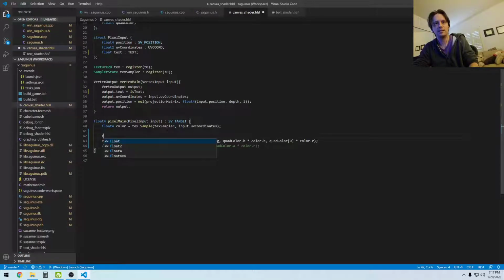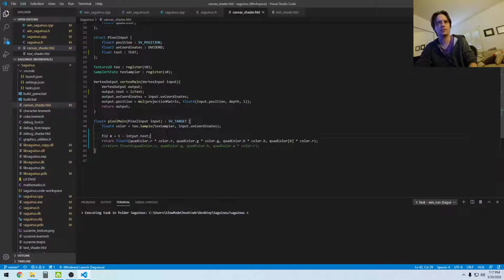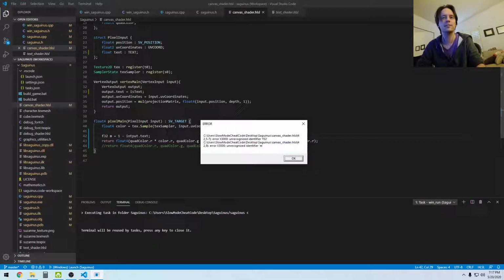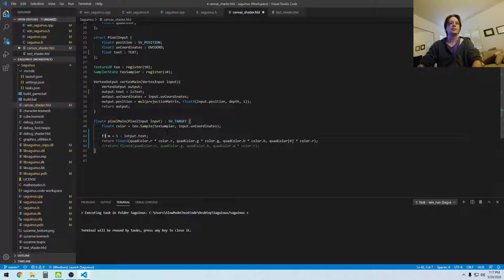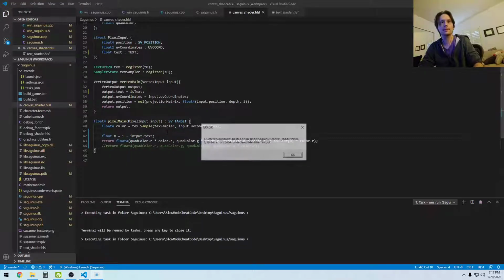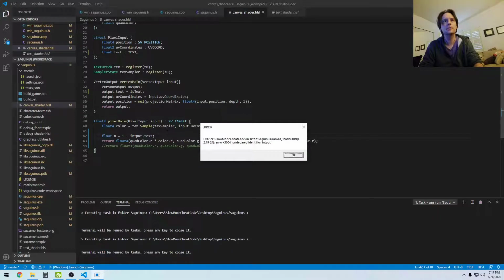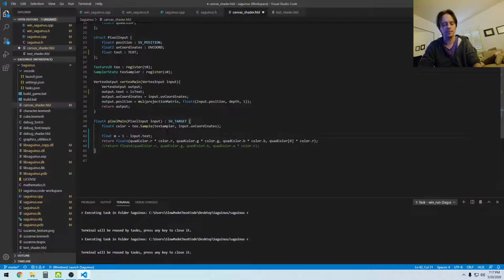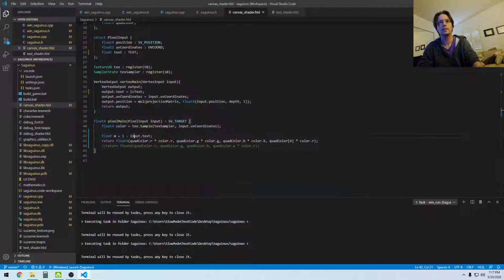So F32, I'll just call it M, is equal to 1 minus input dot text. That shouldn't cause any errors. Uh-oh. Oh, I don't have a F32. It's a shader. Input. Can't spell input. Okay, so then if I multiply everything by m, wait. No, if I multiply this by m,